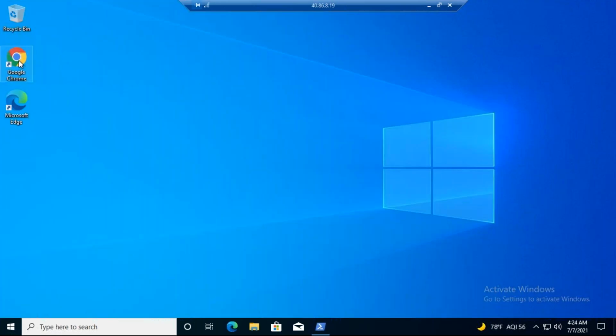You are seeing this icon, right? Google Chrome. Now we can use this Google Chrome for our browsing purpose, internet purpose.